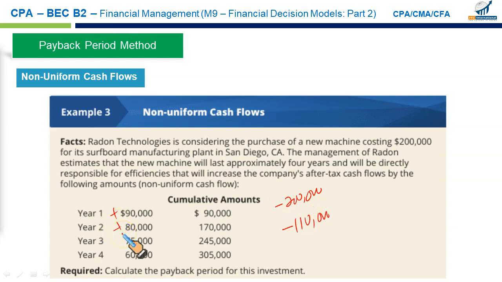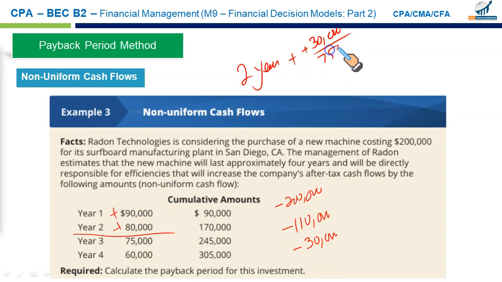It is much quicker when you're doing it yourself. My calculator still shows negative 30,000, which means in the first 2 years my initial investment was not recovered. Now I have to recover $30,000 only from the third year cash flow, which means 2 years for sure. And what part of the third year? For this, take what you need in the third year and divide it, simply 30,000 out of 75,000 in the third year.